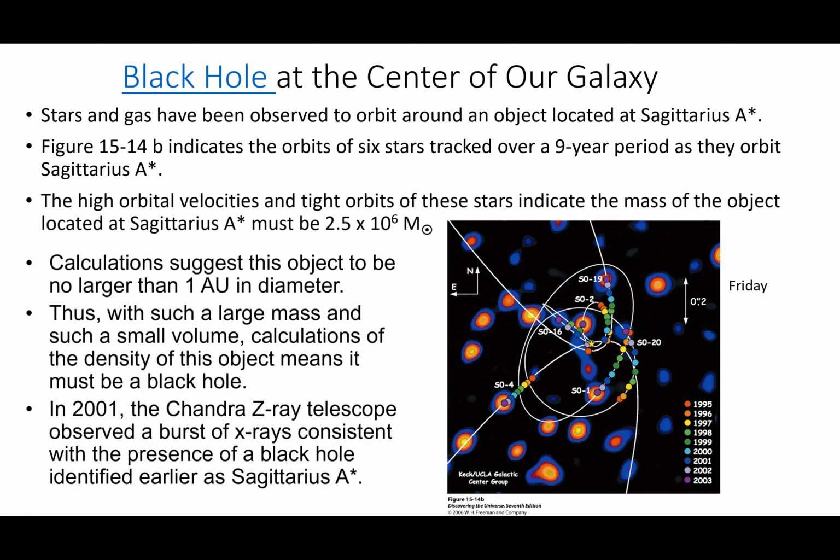These last several slides, what you're looking at in the center of our galaxy is a black hole, and it's in the direction of the stars associated with the constellation Sagittarius. So we call that Sagittarius A star. And what they did, and I'm going to show you this animation, what they did to know that it's a